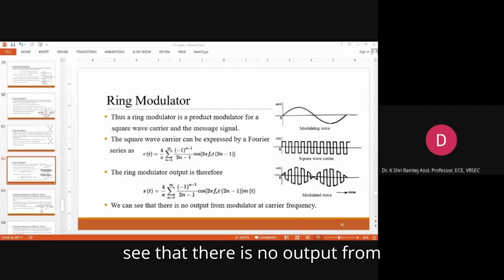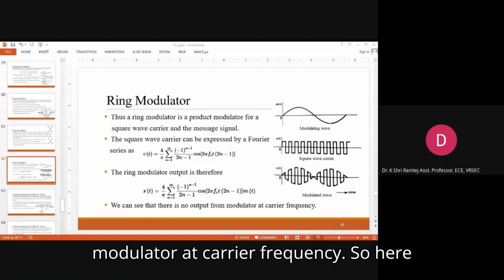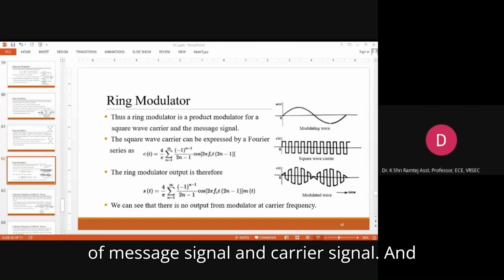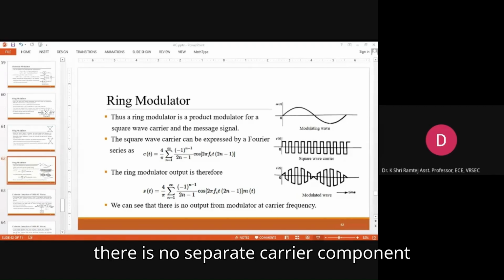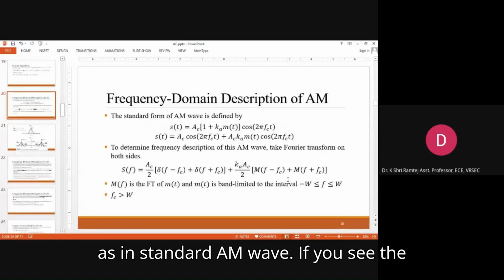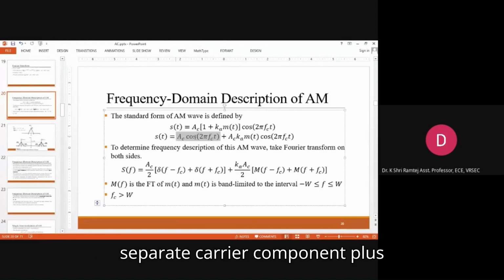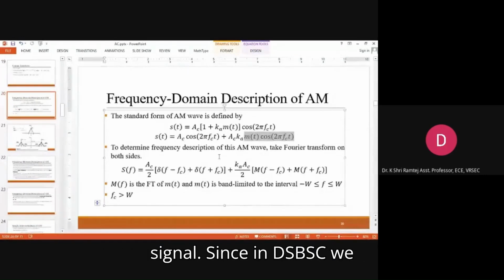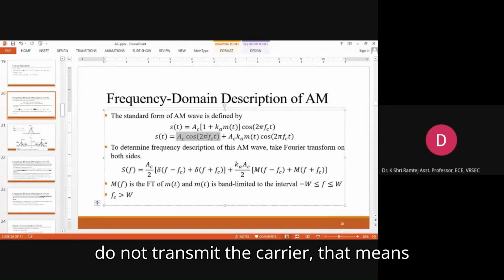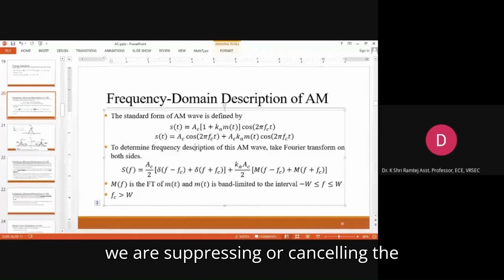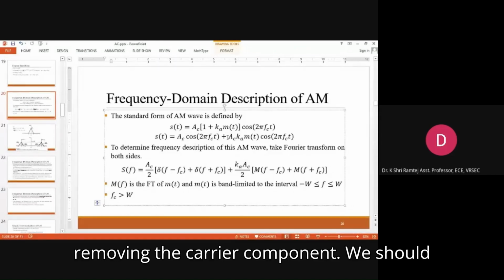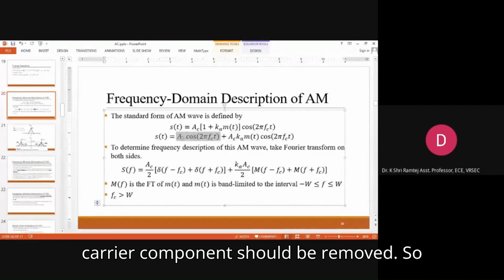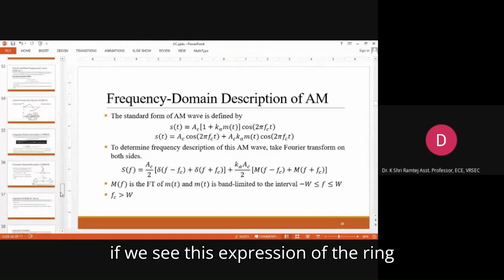Here we can see that there is no output from the modulator at the carrier frequency. There is only the product of the message signal and the carrier signal, and no separate carrier component as in the standard AM wave. If you see the standard AM wave, it has a separate carrier component plus the product of the message signal and carrier signal. Since in DSBSC we do not transmit the carrier, that means we are suppressing or removing the carrier component. We should have only the product of the message signal and carrier signal, and this separate carrier component should be removed. So if we see this expression of the ring modulator output,